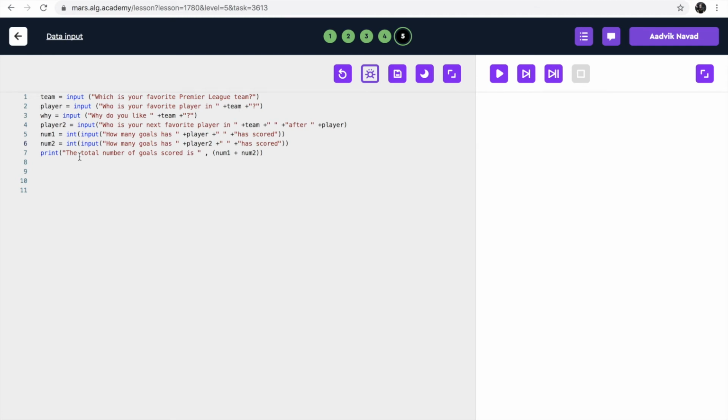And anyway, same thing for number two. How many goals has player two scored? So it would say how many goals has Kepa scored in line number 5, and then in line number 6 it would say how many goals has player 2 scored, which is basically my next favorite player in the team. And then it would print the total number of goals scored. I should actually add scored